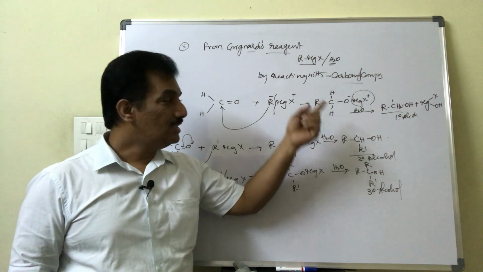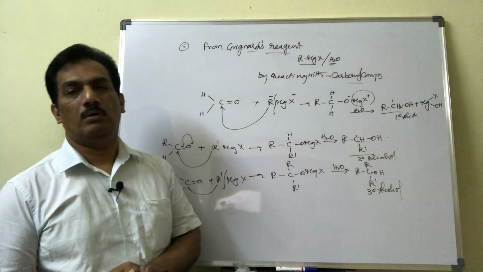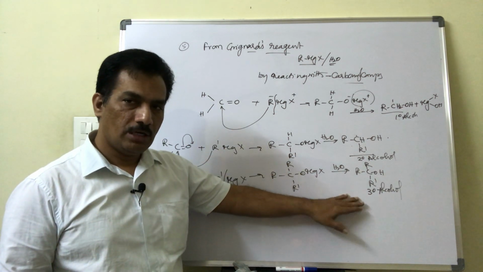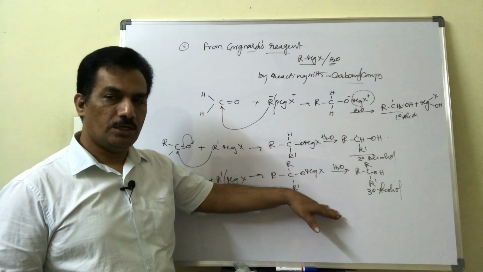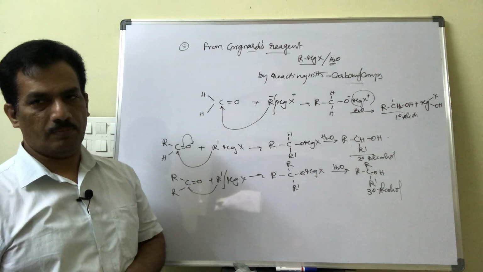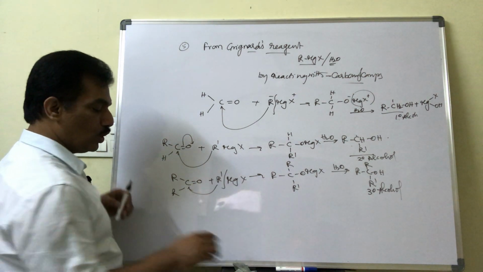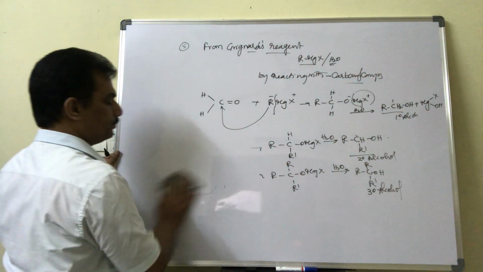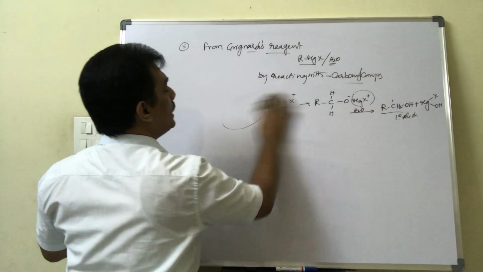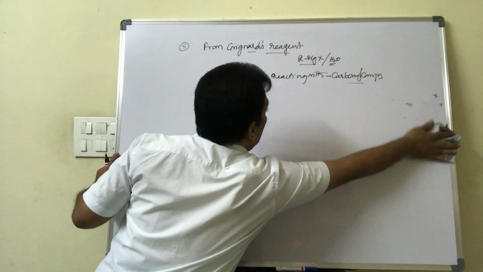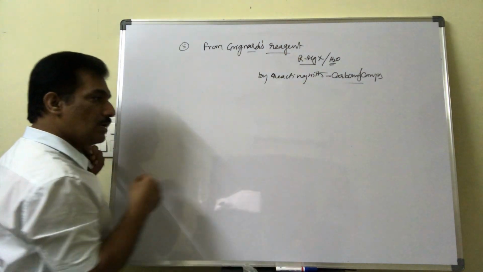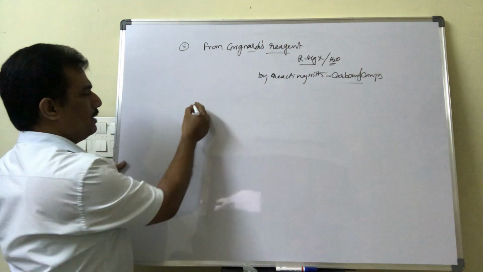And you remember, in this method, we can't prepare methanol. In case of reduction process, we can't prepare tertiary alcohols. But when Grignard reagent is the reagent used, we can't prepare methanol, but all the remaining alcohols we can prepare. And here, let me give one more logic. In case of secondary alcohols or tertiary alcohols, we can prepare the same alcohol by using different substrate and Grignard reagent. Let me give one example here.